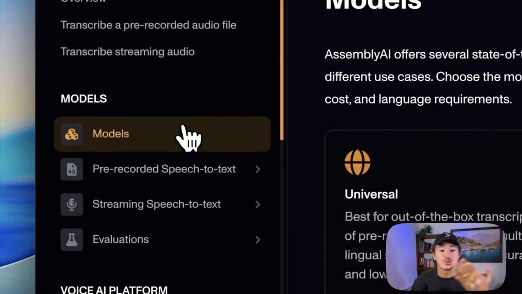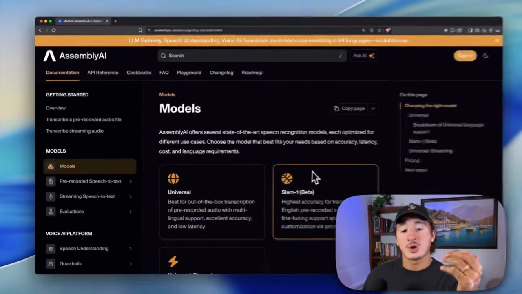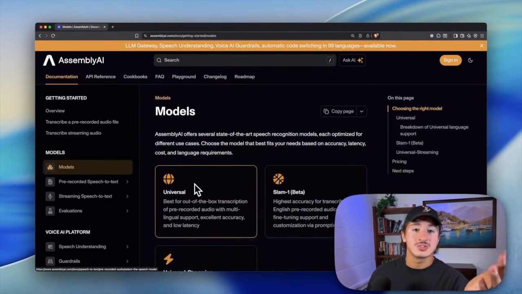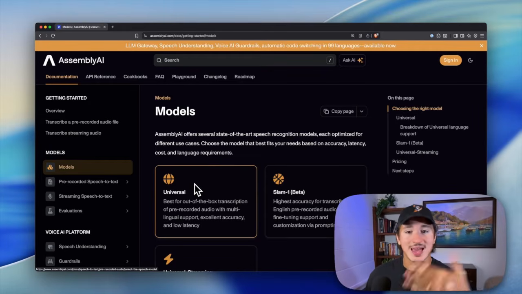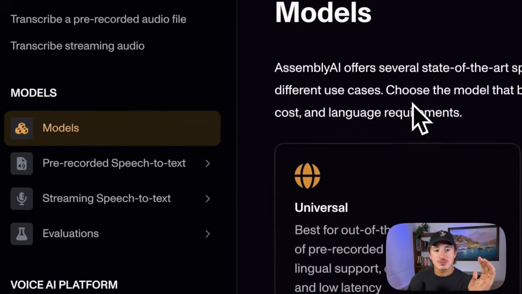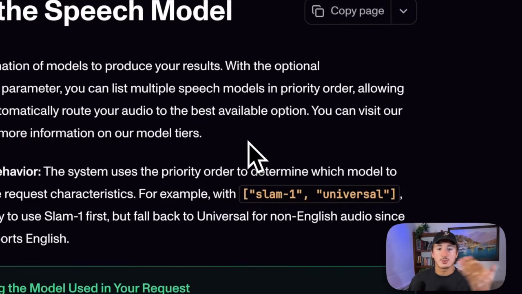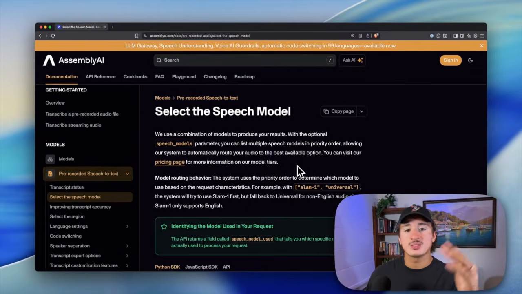The first one is to select your model. So if your audio is in English, you can use Slam 1. And otherwise, you can use Universal, which supports 99 languages and code switching. We even have a speech models parameter, which basically lets you specify which models you want to use for your request, and we'll route your request to the right model depending on the features that you select and the language